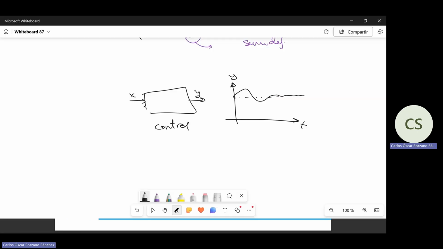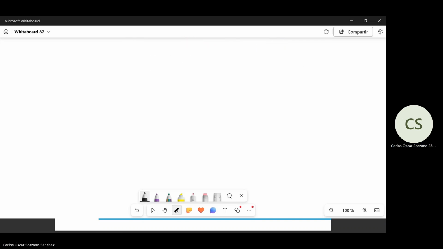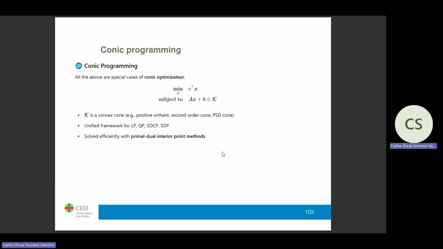I can, so let's say you have a vector in R^n, and then the positive orthant, I don't know how to call it, but is all the points such that x1, x2, all of them are larger than 0. So it is this orthant. Okay. Then when you have a second order cone or a positive semi-definite cone,